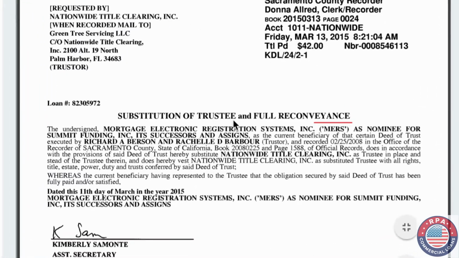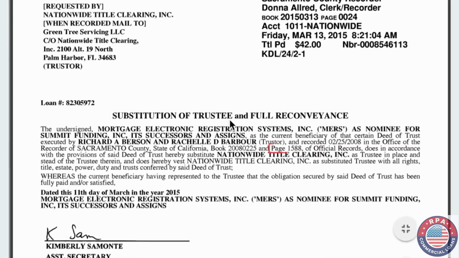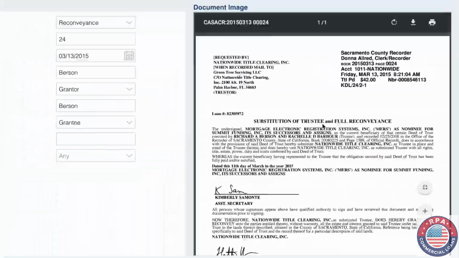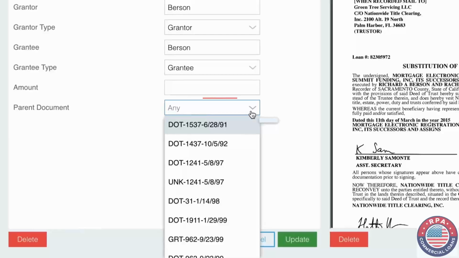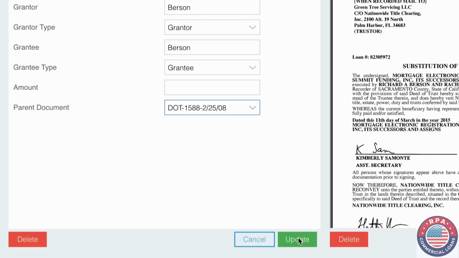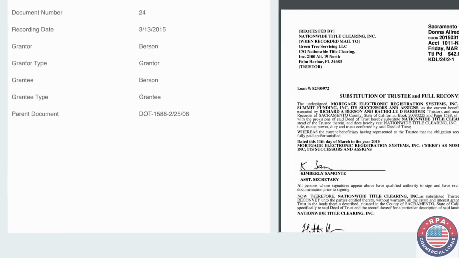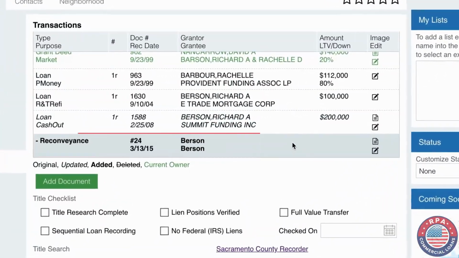Note that in the document it says that it's a full reconveyance, and that it reconveys the loan recorded as Book 200-80225 and page 1588. Now, go back to the document details, click on the drop-down for Parent Document, and select that loan from the list. Click Update and Save. Note that this new reconveyance is now shown in the title history in bold to indicate